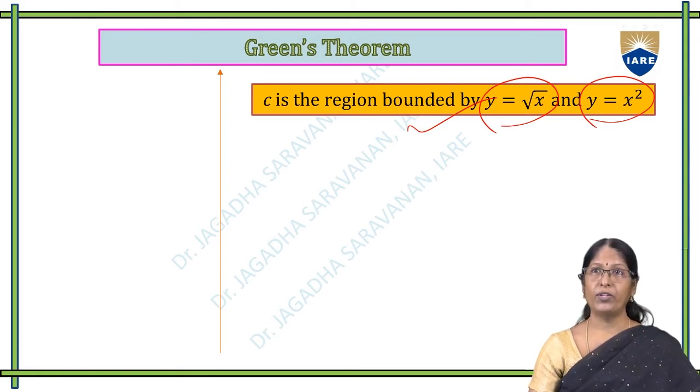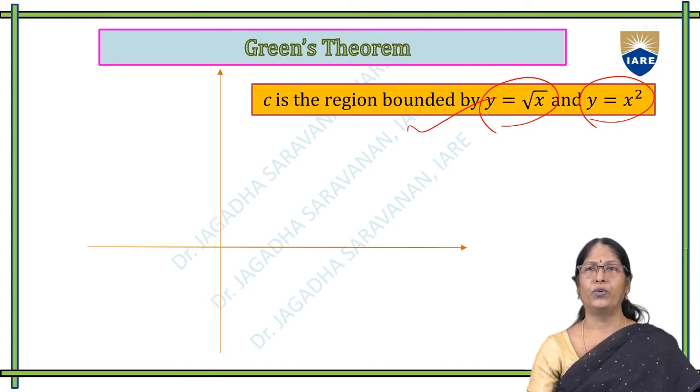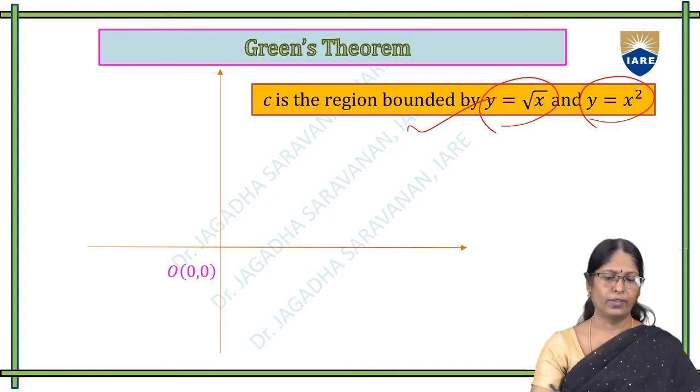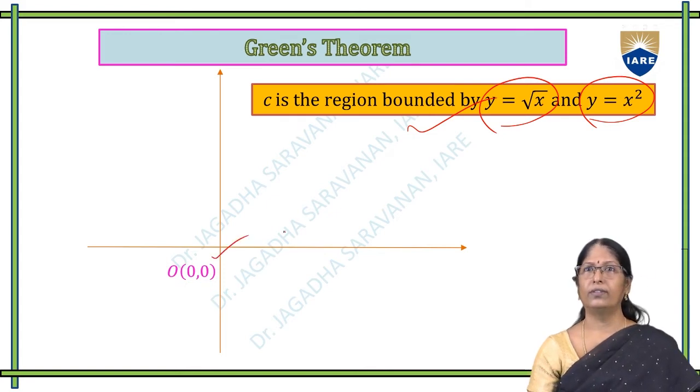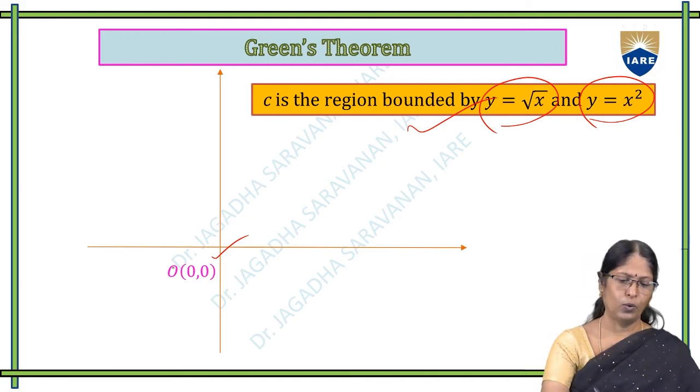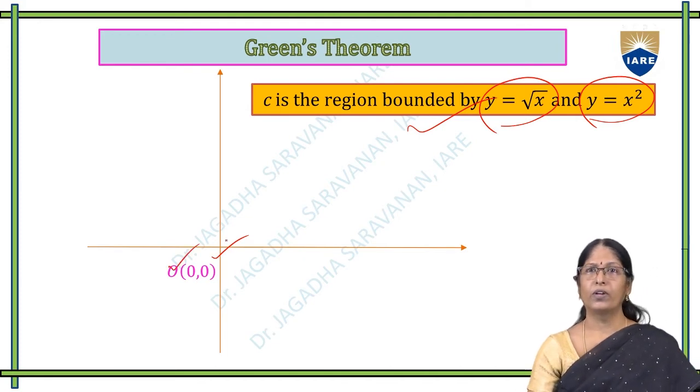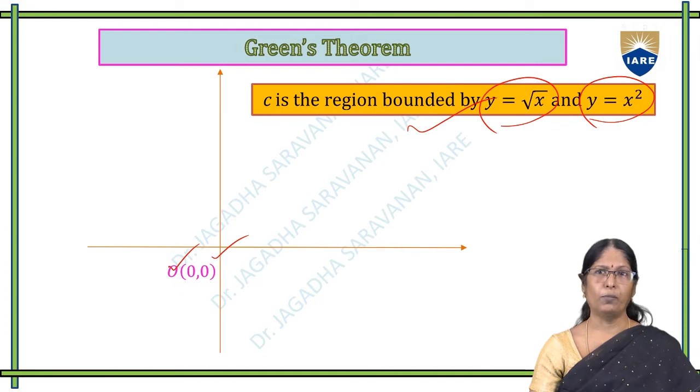The bounded region is in the xy plane, so it's two dimensional. The axes are drawn. This is the origin, the center of the coordinates, which we named O. The coordinates are 0, 0. This is the origin, the x-axis and